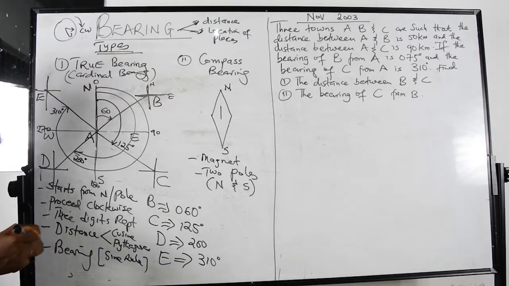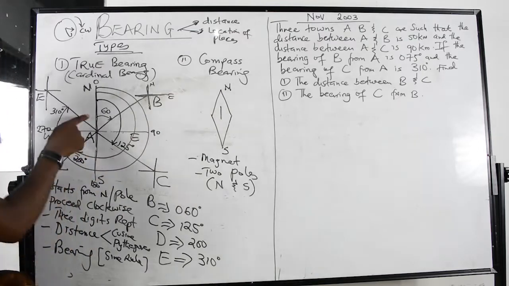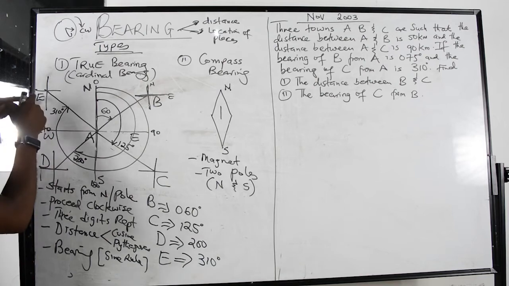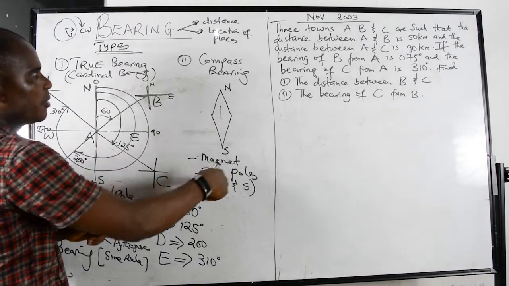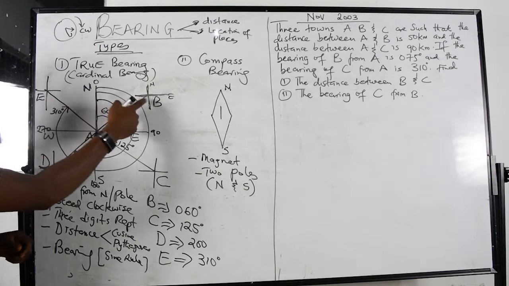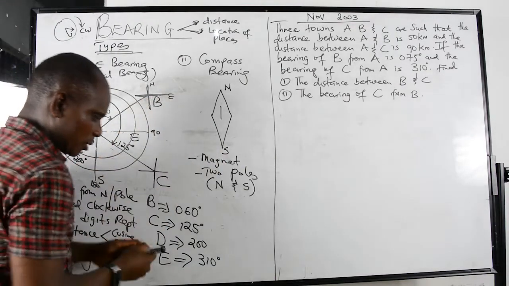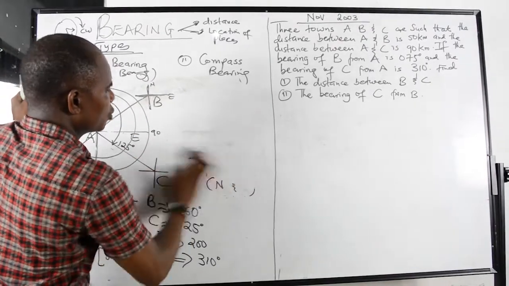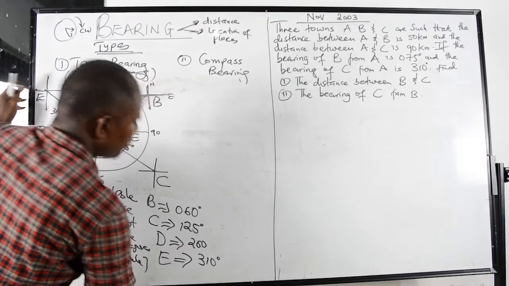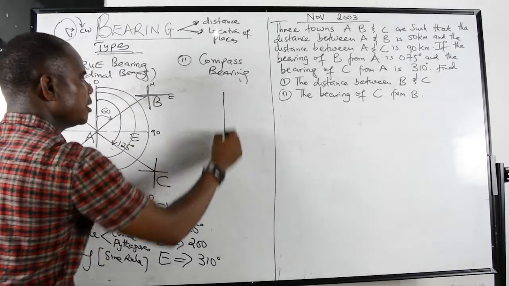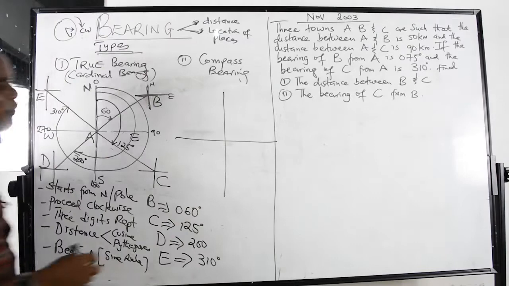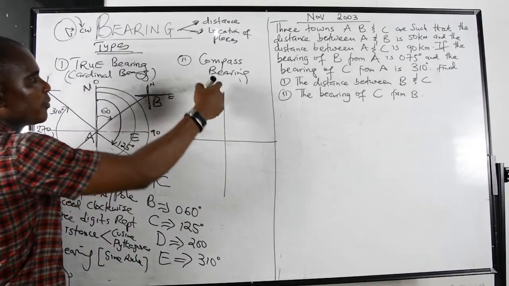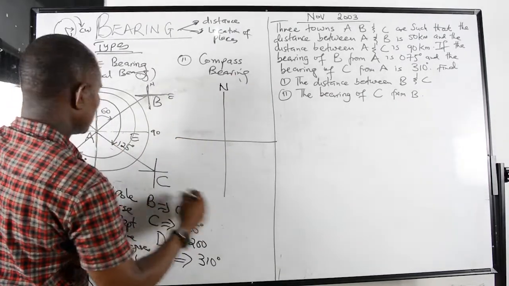So what if I want to use the compass bearing to also locate this? I can also write compass bearing. So you can see that if I want to locate E and B, I'm using the compass bearing to locate point E and point B in this compass bearing. So watch out here. I said the compass has 2 poles. The magnet has 2 poles. So now see, the compass also makes reference to the cardinal points, but here we are just concerned with its movement from the North Pole. This is north and this is south.